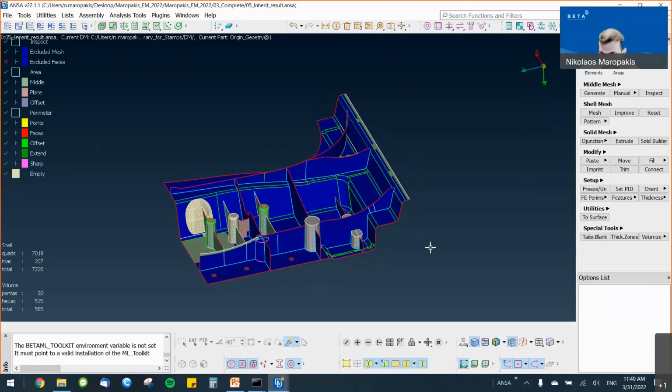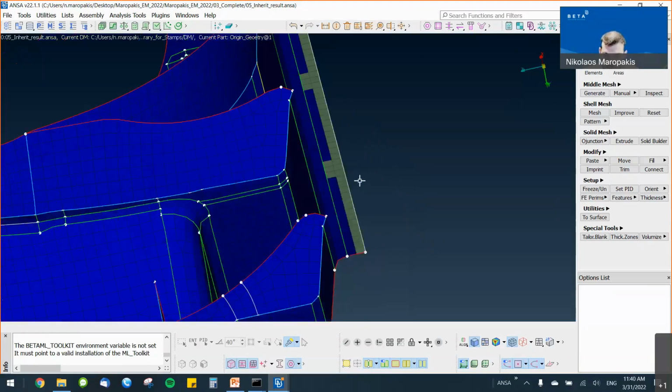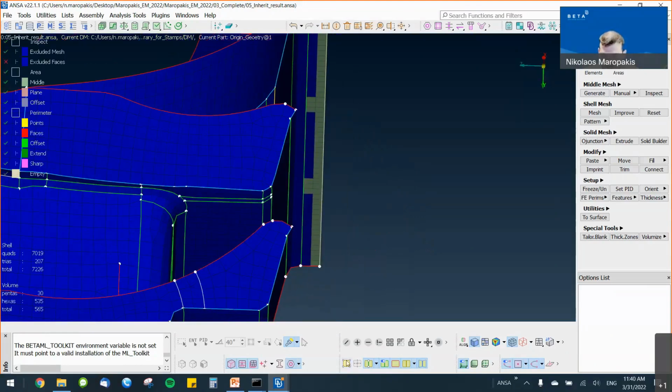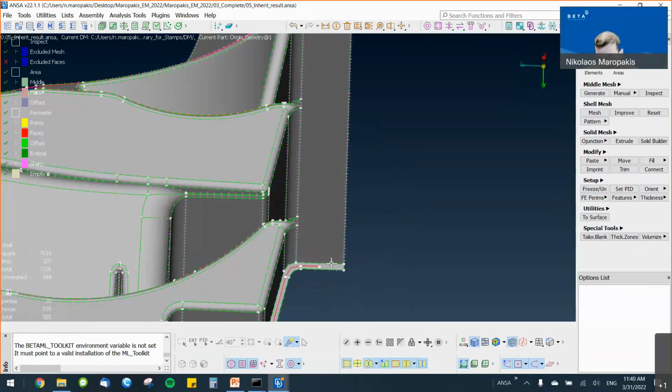The non-colored areas are the areas that were recognized, as we also saw in the compare tool, as dated areas and need the attention of the user to decide what to do with them. I can come here, for instance, to this flange that we saw earlier that got wider. If I turn on the geometry, I can see it here.